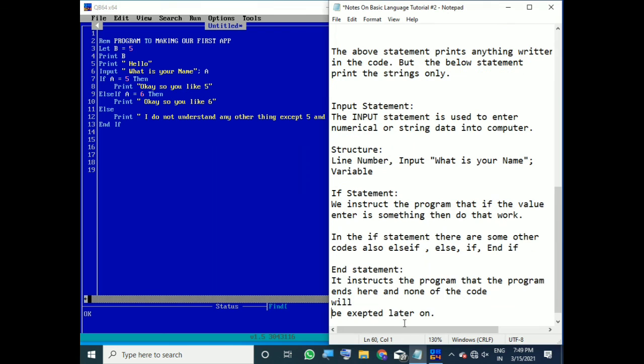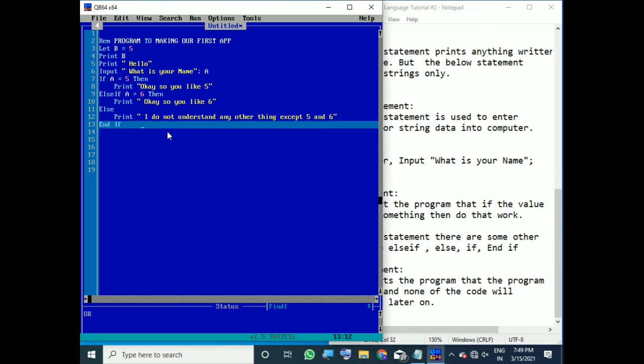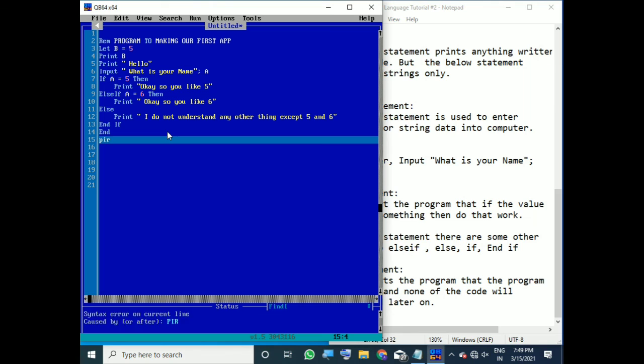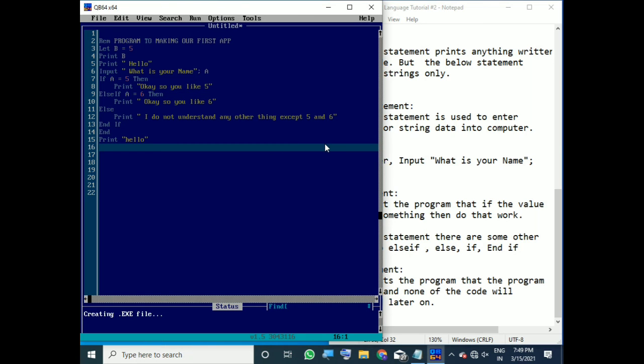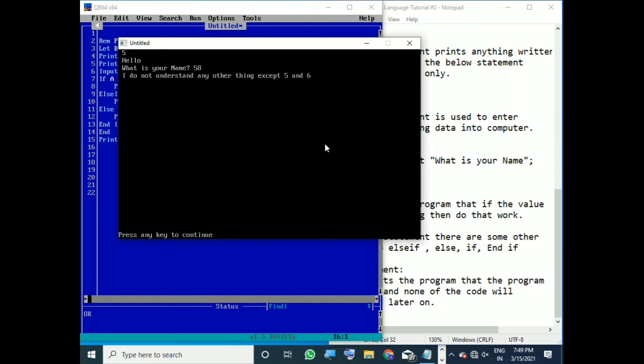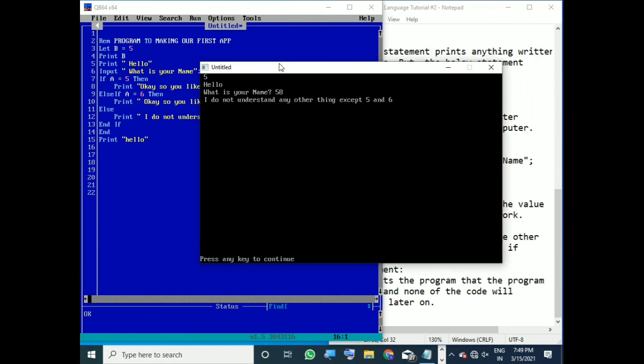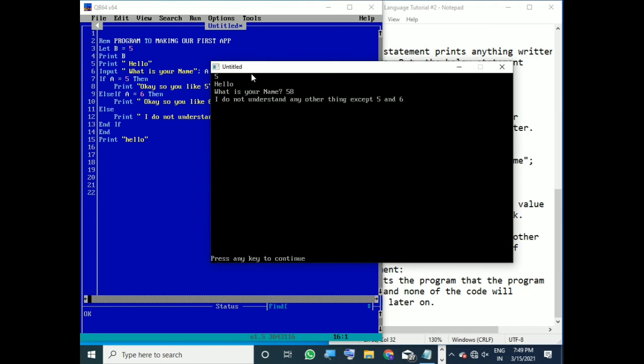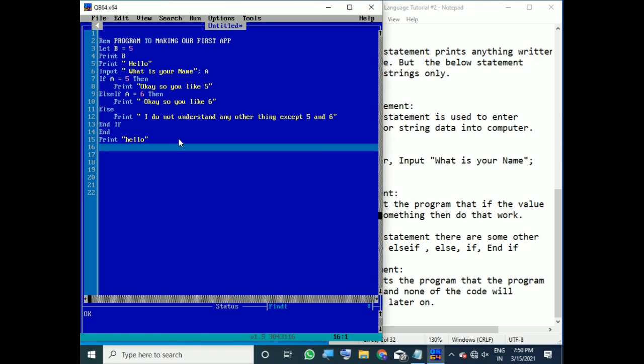Okay, so here let's just write end, as end means the whole program, and if I write print hello, and then here run or execute our program, then see, after we write this, nothing is written, because why? We have ended our program, so it will not accept any other codes here. So this is one tricky thing. Okay, so print hello end.